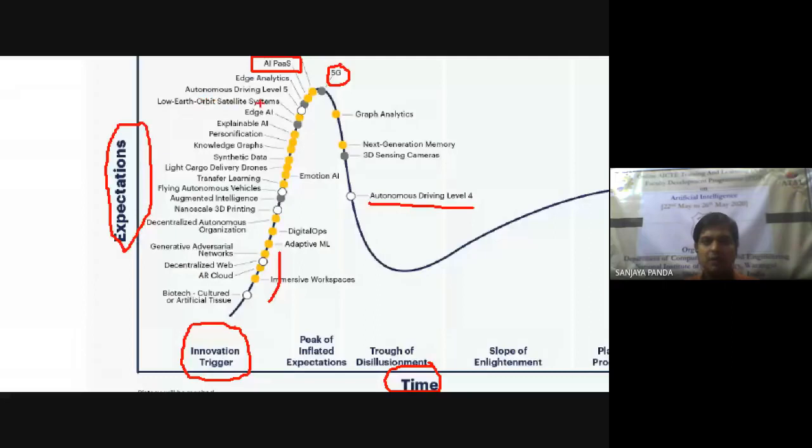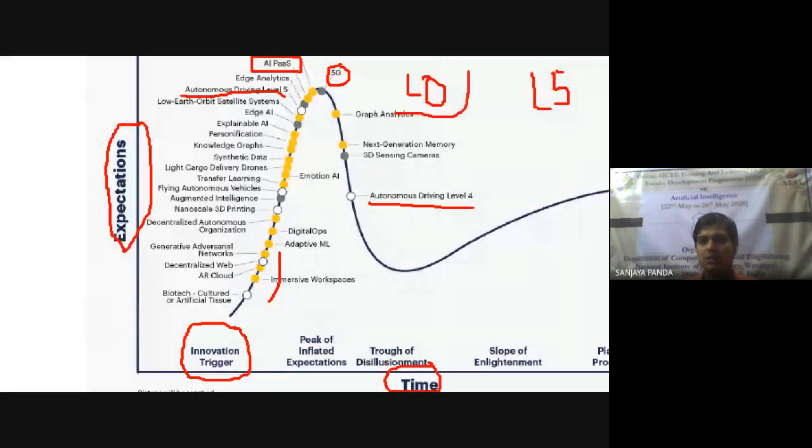But level 5 is the highest level, which indicates that human intervention is not required. Your vehicle will go its own way. It has cameras, radar, and many other things. So our vehicle will automatically go on a particular road without the assistance of a human being, right? Level 5 is the top one, but till now such a vehicle has not been developed. So our objective is to reach level 5, starting from level 0. Level 5 is full automation, where